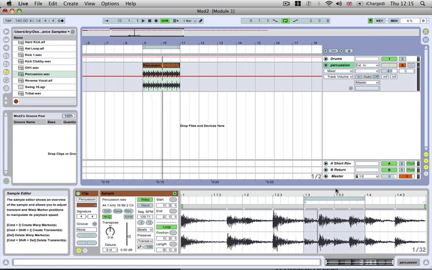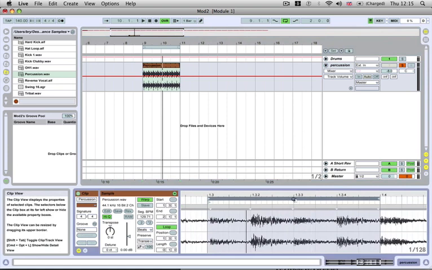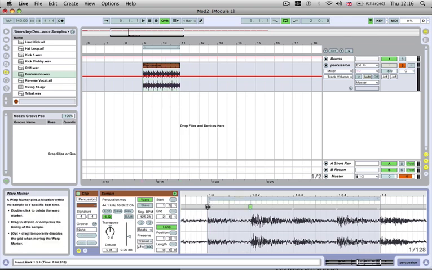And as you can see live here, if we just zoom in, it has automatically created transient points for each of these hits. I'm just going to firstly move this first transient hit just to the start of the bar, because we're going to start splitting these up. So if I just Apple and click on this transient point, it's Control and click on a PC. And if I just click it and move it to the start of this bar,